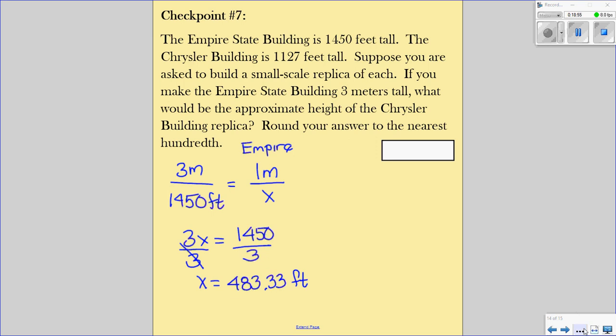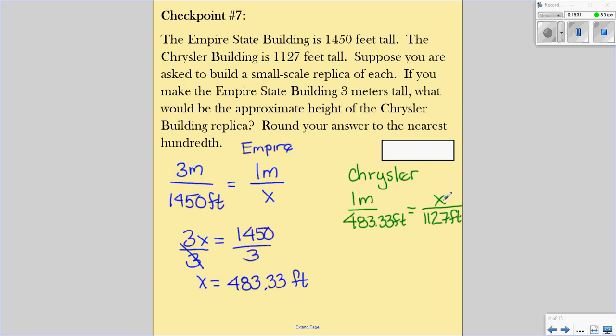So I'm going to use that scale. I'm going to turn this green, and I'm going to put the word Chrysler, because now I need to make my Chrysler model. So for that scale, the 1 meter, which represents 483.33 feet, I'm going to use what they gave us, which was 1127 for the actual height of the Chrysler Building,